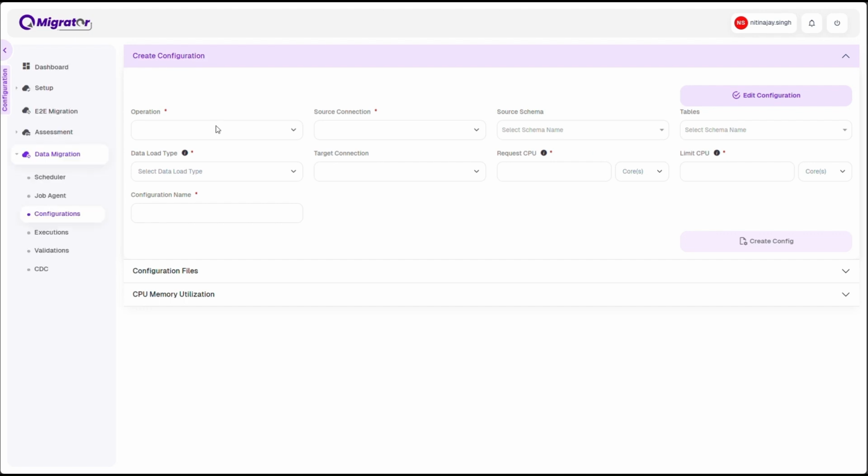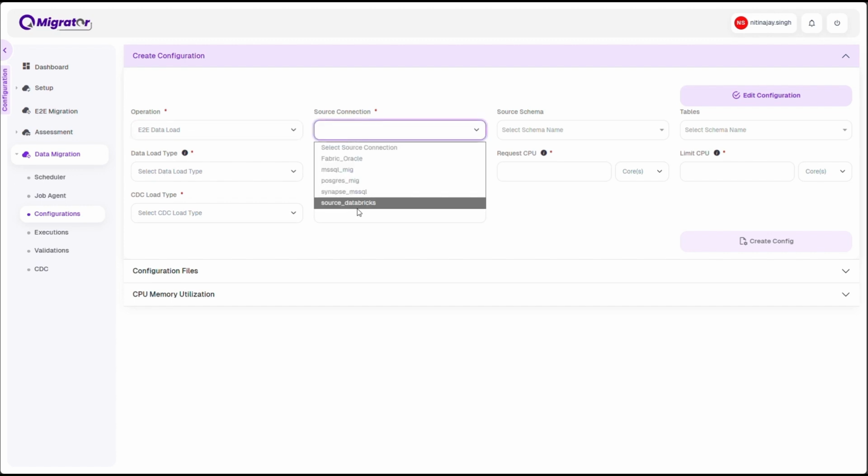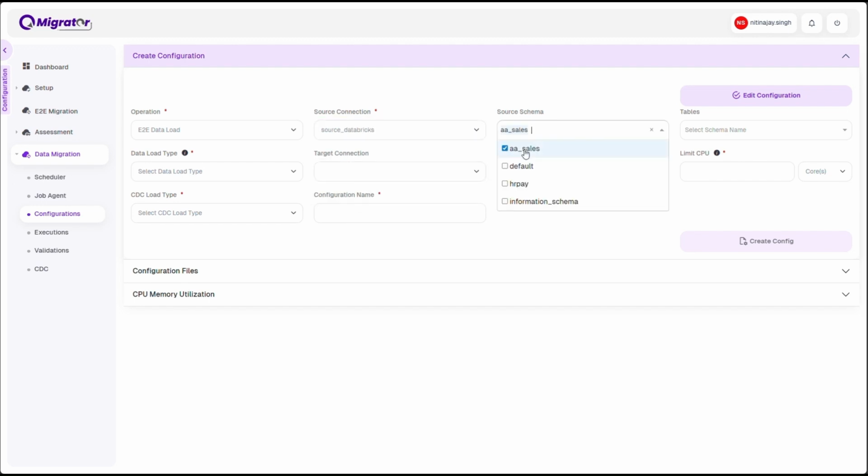Finally, we go back to the Data Migration module, under Configuration, and create a new configuration there. In this operation, we have to select E2E data load. We'll be performing an initial load plus CDC. You have to select the source connection, the Databricks connection we added earlier. Then select the schema, the tables,